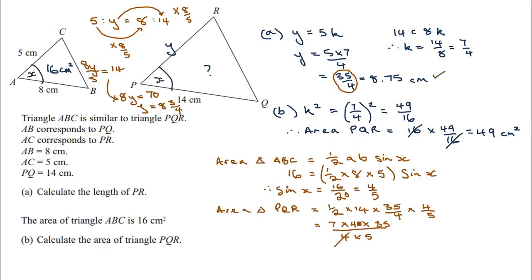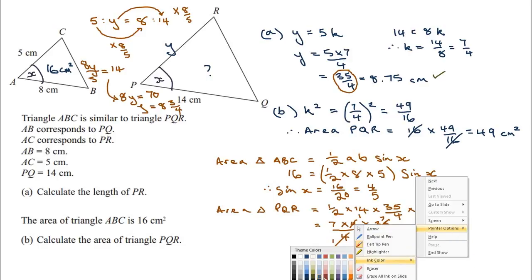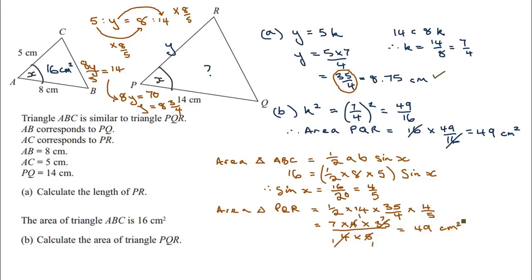So these 4's will cancel, and we've got 5 into 35 is going to be 1 on the bottom and 7 on the top. 7 times 7 is 49 centimetres squared. So we've got an agreement, which means we can say this answer must have been